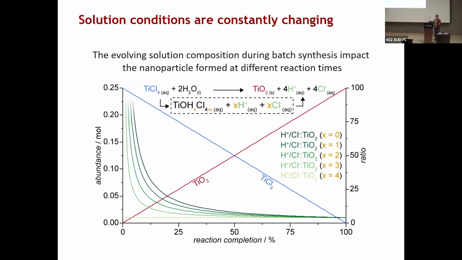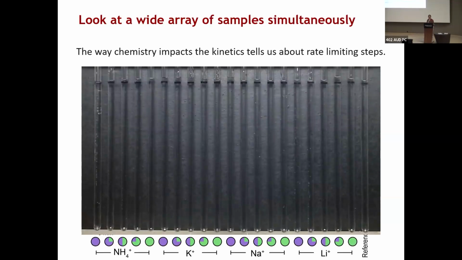Of course, maybe we should have realized this to start off with. We know that the solution conditions are changing. As we're consuming TiO2, we're also producing more chloride in the solution. So the ratio of species in there, and the species that might be forming or absorbing on the particle surfaces, is going to change a lot throughout the reaction. So it's not surprising in some ways that we do see a change in the